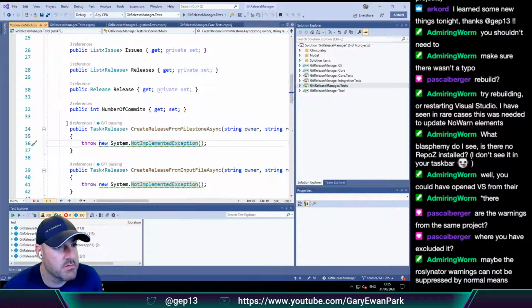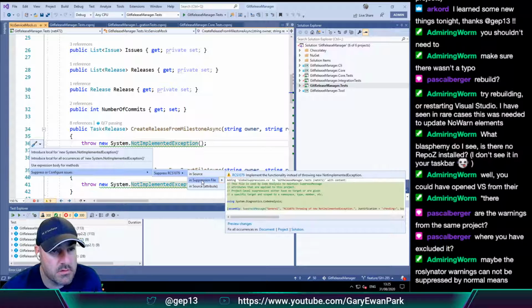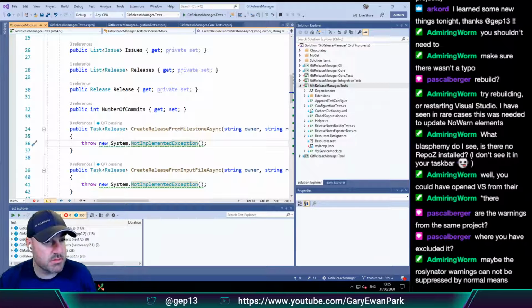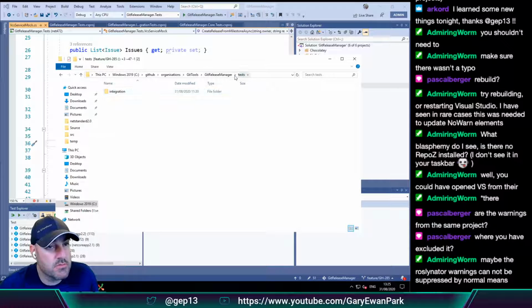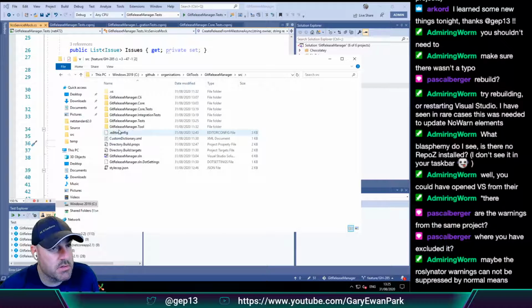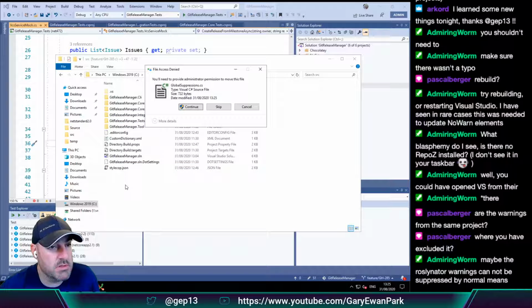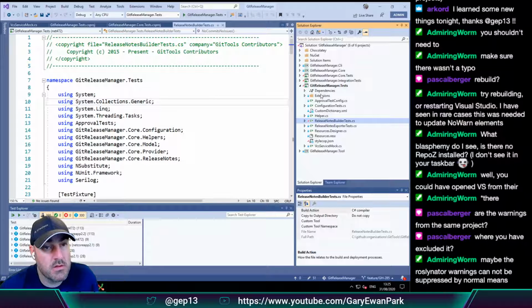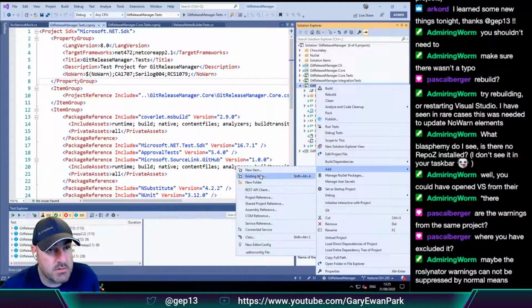If needs must, then let's, in a suppression file, let's move it out. So let's put it into here, and then here, and then let's cut this from there, put this into here, and then let's do add existing item.